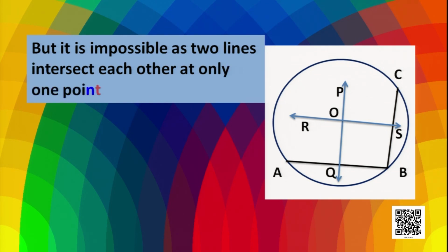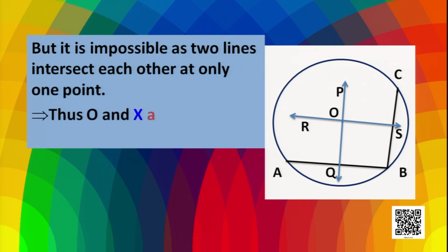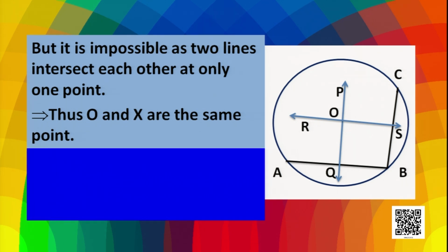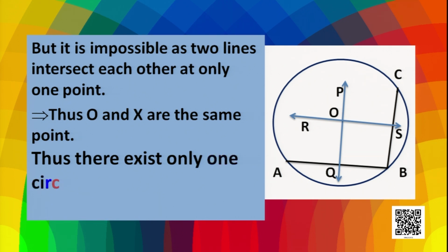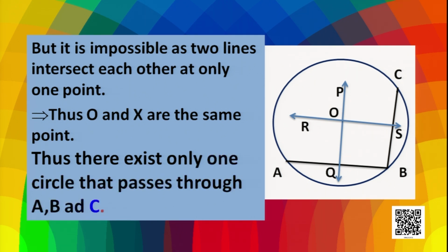So if that is not possible, then what is possible? We can say that O and X are the same point. Thus there exists only one circle that passes through A, B and C. Now see, from this we know how to prove that through three non-collinear points we can draw one and